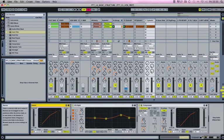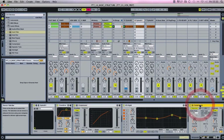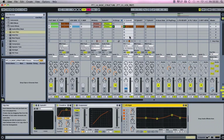And we can do the same with the sidechain compressor. So we'll drag the sidechain compression onto the group, and then I can take it off the individual channels. And then what I'm going to do is go into our Silent, and I just want to